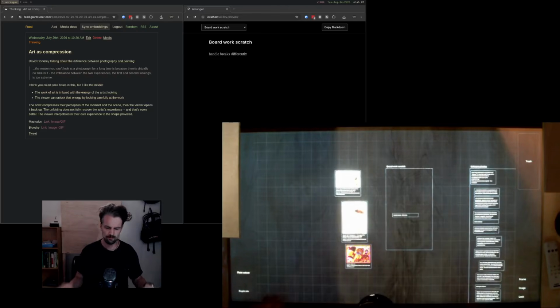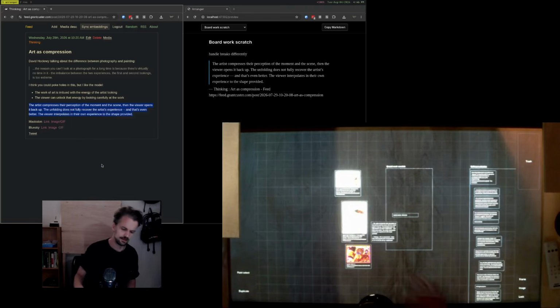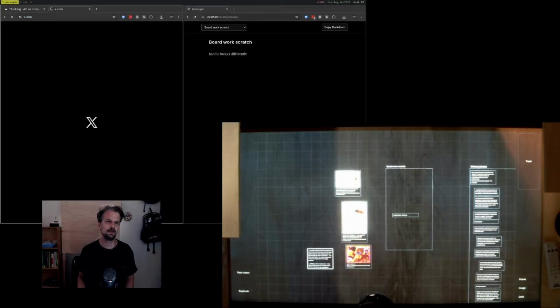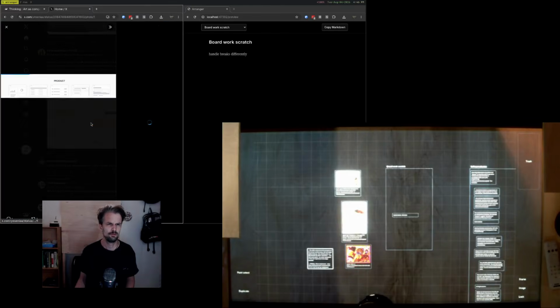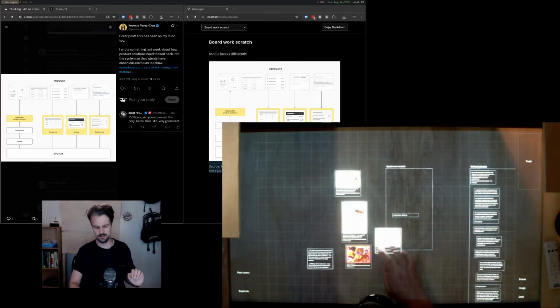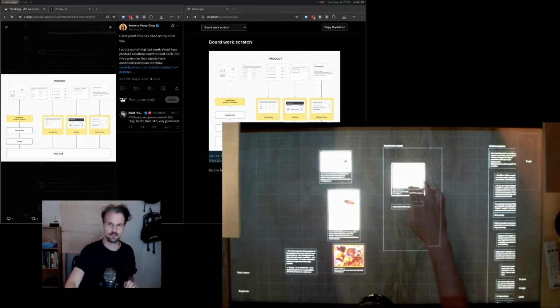Thinking through some new possibilities for my tabletop setup. The main thing I got going today was an extension where I could send in text and then also images. Find some random image. So through an extension, they get sent right onto the board with some context,